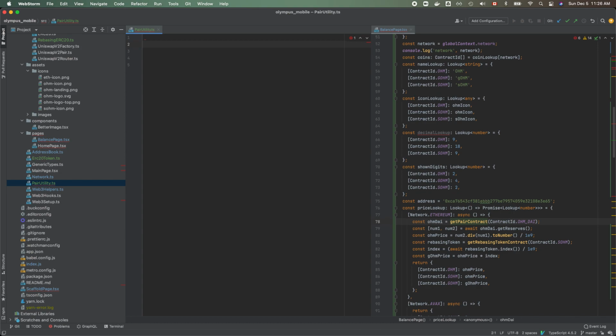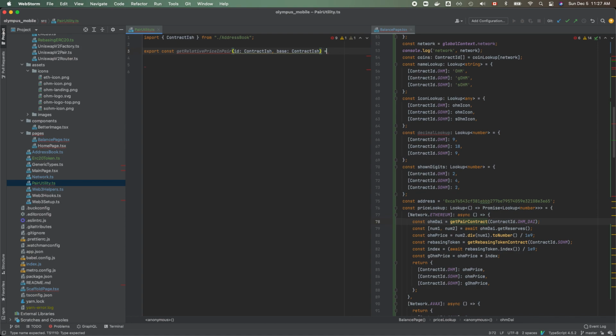All right, so we want the actual contract address. So export const getRelativePriceInPair, and then we do ID contract-ish. So it'll be either an address or the ID of the contract. And then we want the base price to be, okay, let's do base